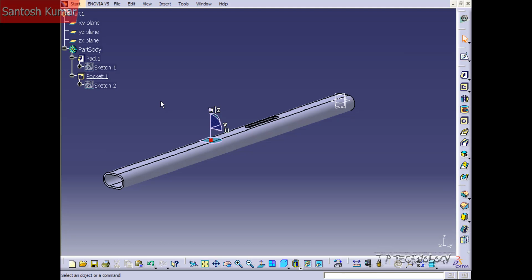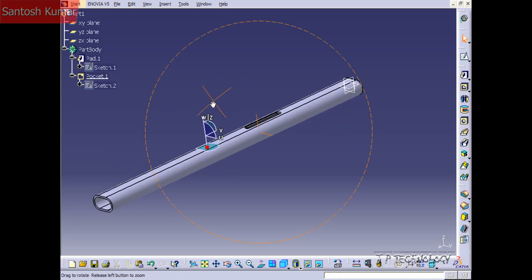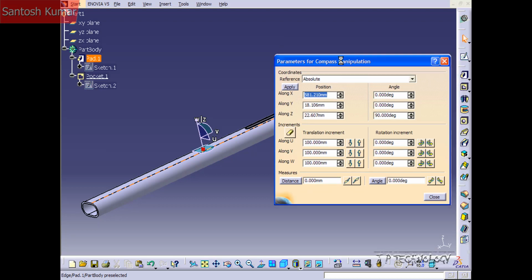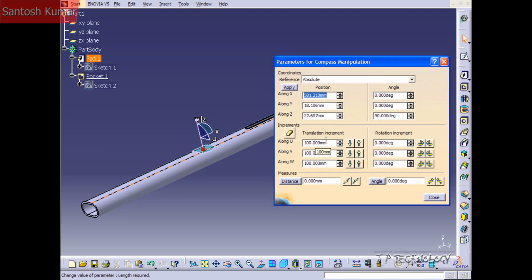Now in the part, you're able to select, say, an individual pad and move it, but the pocket's not going to move along with it. So you're going to want to select everything to make sure that everything's moving together. And there are two ways to move with the compass. You can either move just by clicking on it and dragging it, or if you double click, you have a manipulation for the compass in here that allows you to be more precise, type in the values, and increment